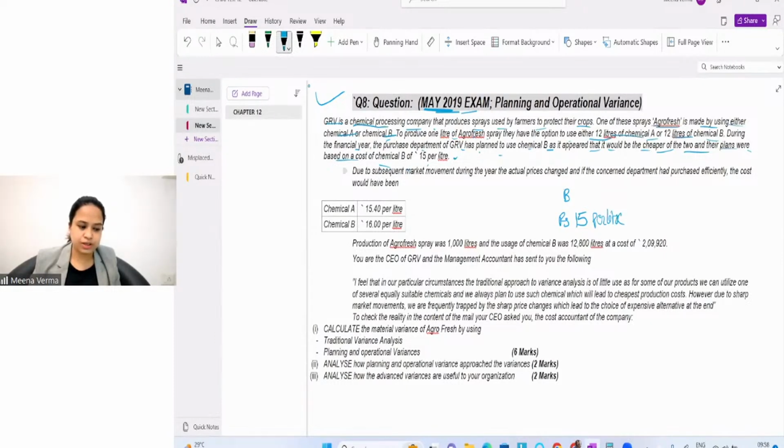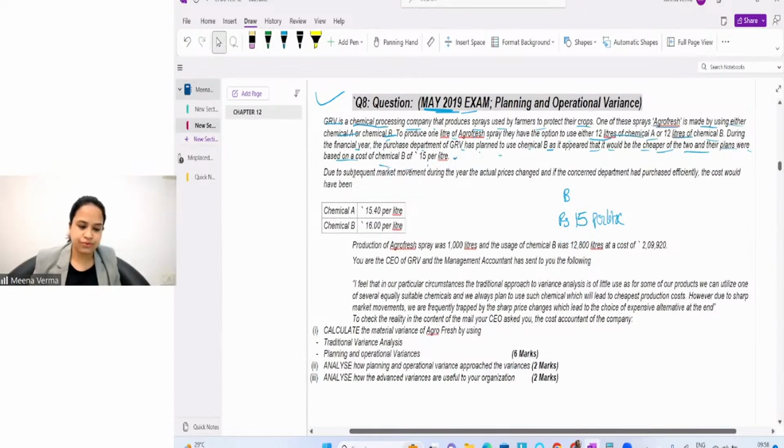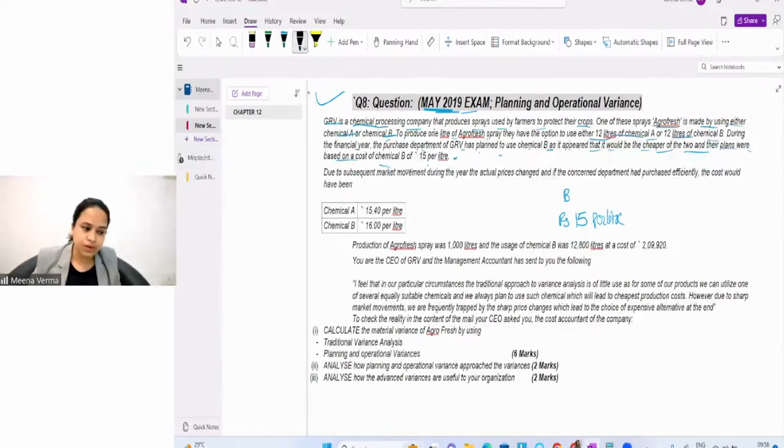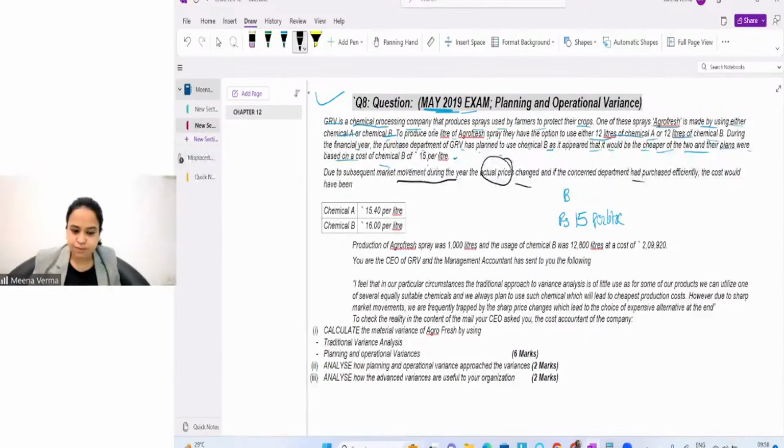Rupees 15 per liter. Due to subsequent market movement during the year, the actual price changed. Look, what has happened is the market is moving. Because of the market movement, the actual price in the market has changed, right? And if the concerned department has purchased efficiently, what would the cost be? For chemical A it is this, for chemical B it is this. So this was my original budget,